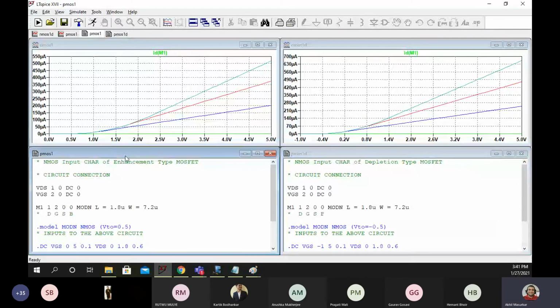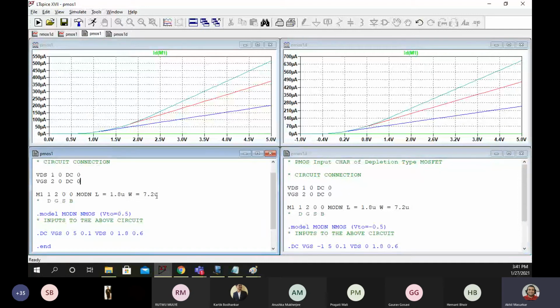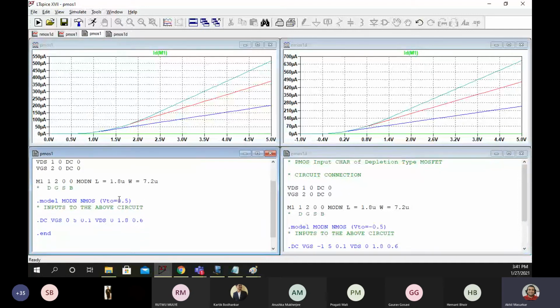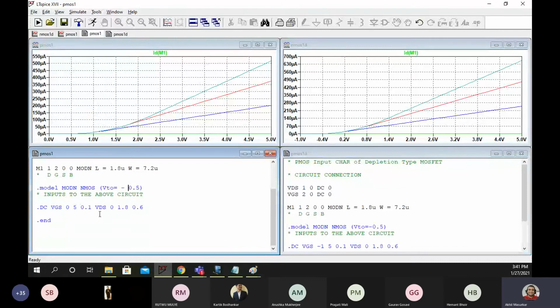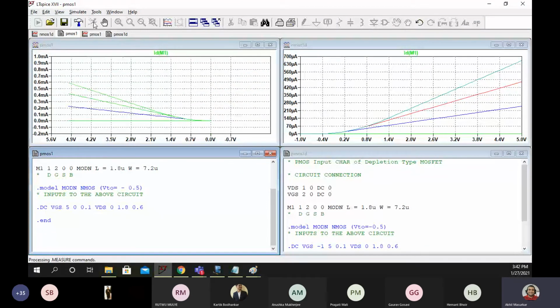So accordingly I have to change this to PMOS. Here also I'll change it. Okay. Now here VTO is negative, and here I'll write 50, VDS.